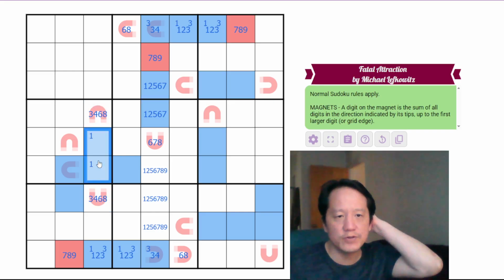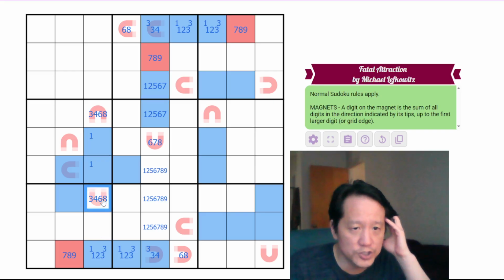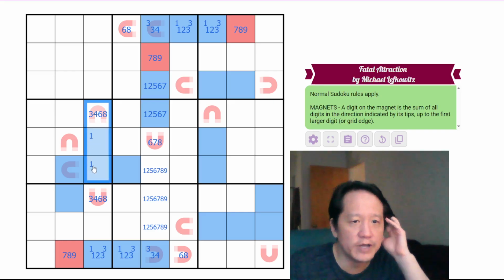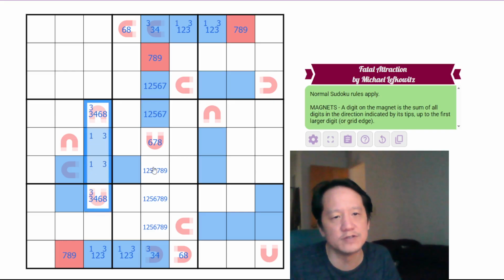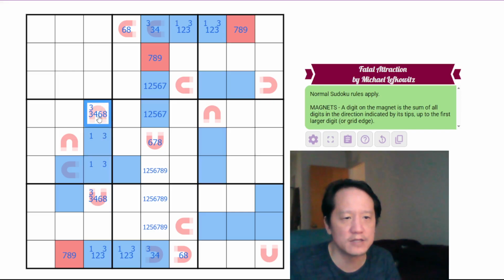And 8 plus 1, so even if this is 3, 1, 2, the problem is the other digit has to be double the other one. Either way, we are guaranteed a 3 in one of these cells because of the same reasoning why we have a 3 guaranteed here, right? If this is 3, that obviously you have a 3 in the magnet. If it's 4 in the magnet, it must be 1 and 3 adding up together, and the other side must